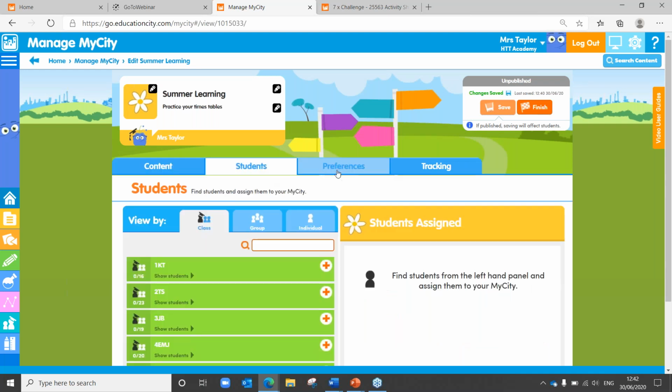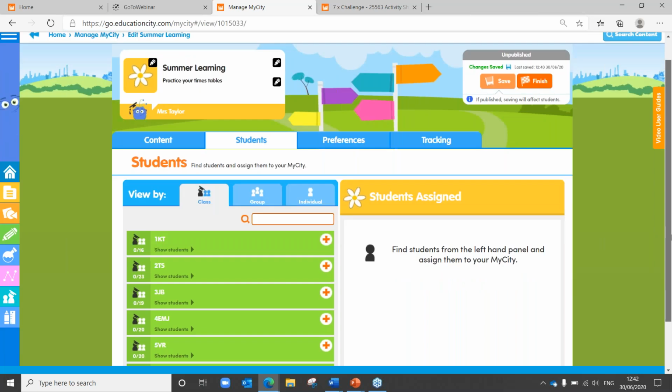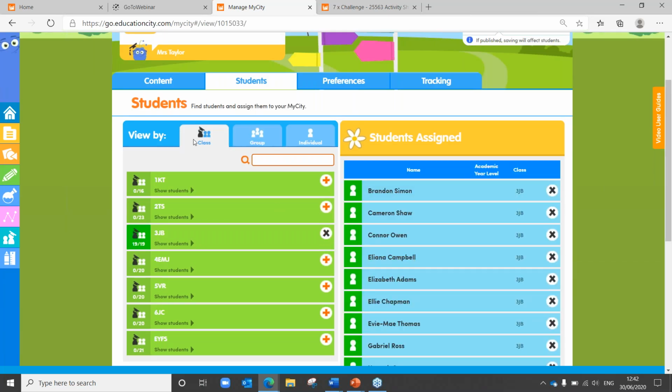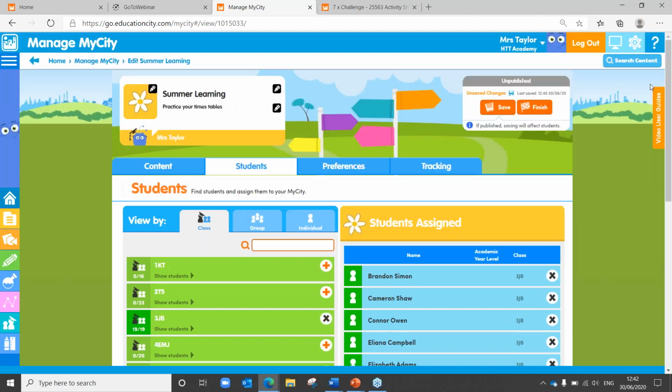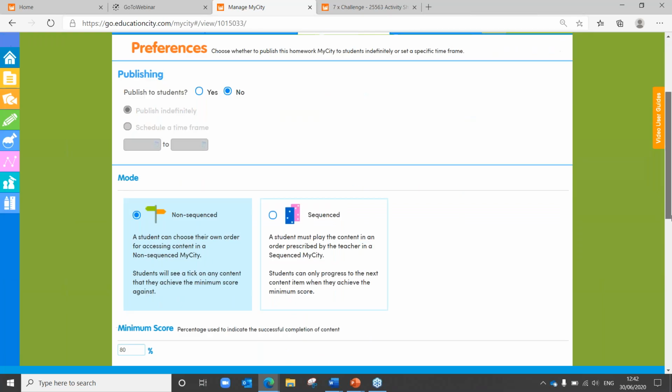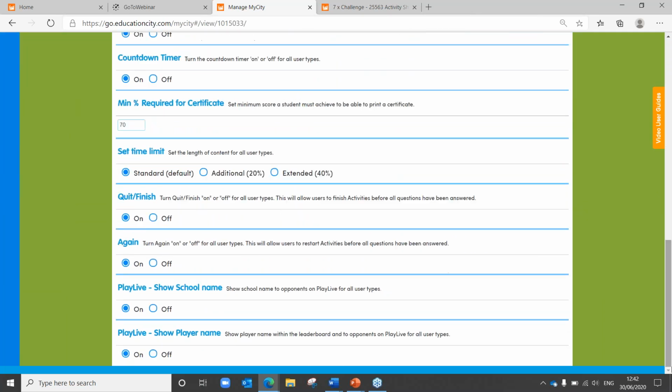Obviously, assigning to students just there, making sure that you've got your groups or your classes. You can assign to both if you want to. Make sure I save. Now, in the preferences section, one thing I will tell you about is down at the bottom just here. We do have the quick finish function on the activities. You can turn that off if you want to, so that the children do have to complete the activity before